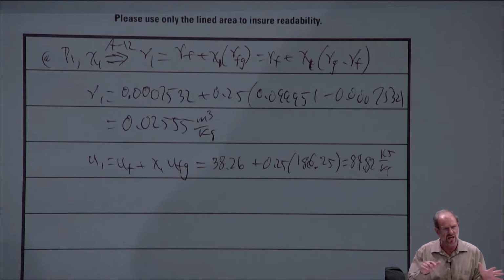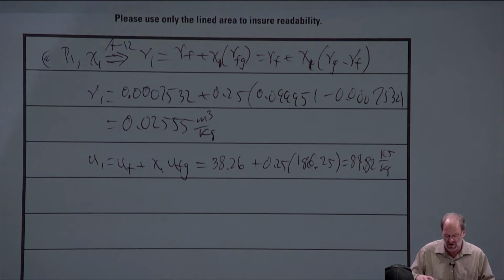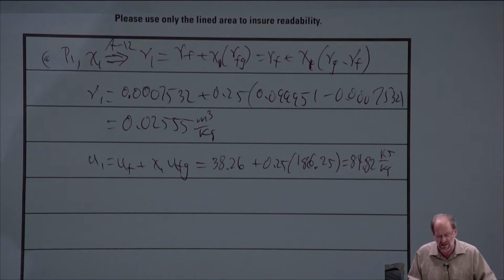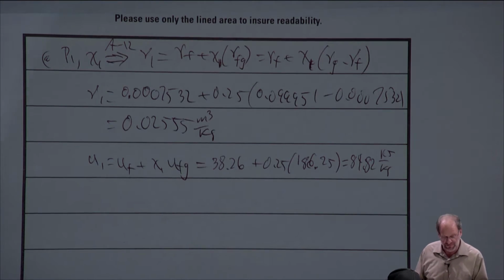The refrigerant tables didn't change, the water tables changed, or maybe it was the other way around. It doesn't matter. I fixed everything on this problem, and I've tried real hard to fix everything on all the problems that I've used in the past, but I might miss something a little bit. I have noticed that some of you are indeed using old thermodynamic property tables, presumably from some old book that you have. I know that because some of your numbers are subtly different, maybe just off down in the 3rd or 4th decimal place, but some of you are using numbers that aren't correct. So that's okay, I'll still accept that, but I just want you to be aware that the numbers do change periodically. All right, so back to the problem.